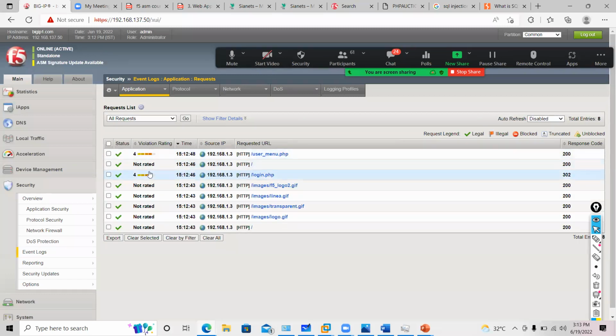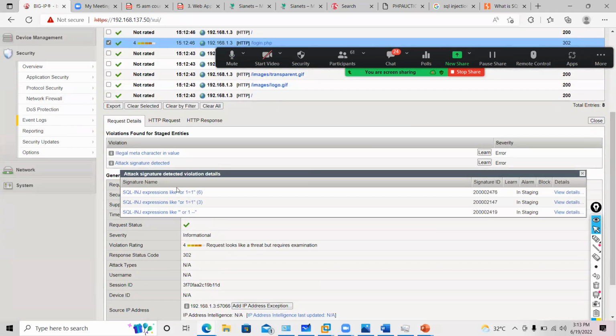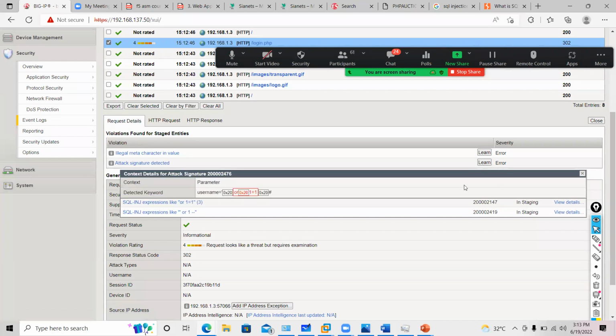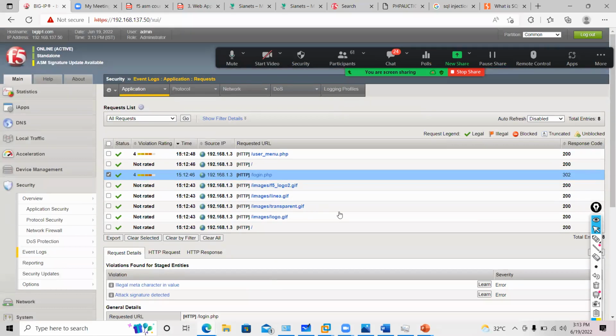See, it will give you the violation. Can you see? A SQL injection attack is happening. There is some attack happening and the request looks like a threat. So that is how it will block accordingly.